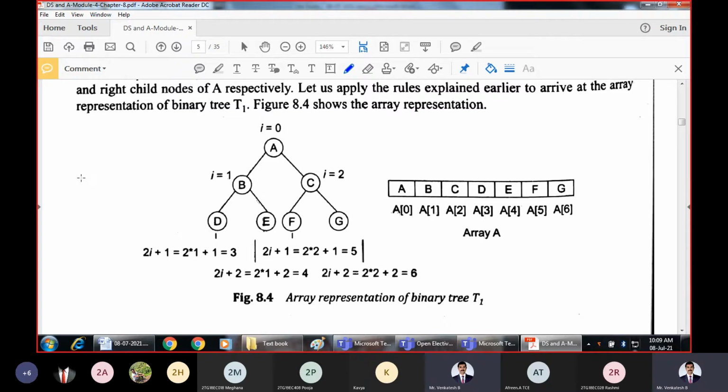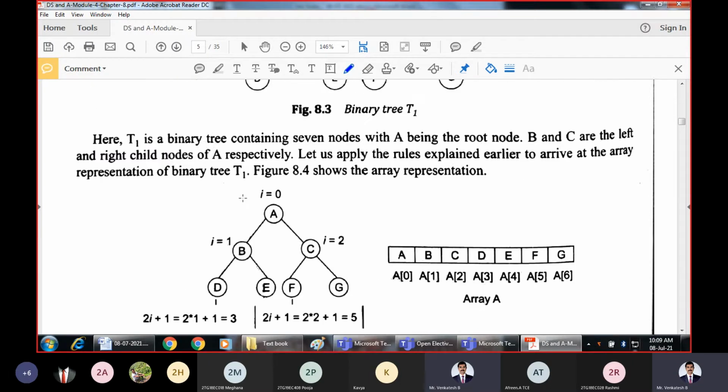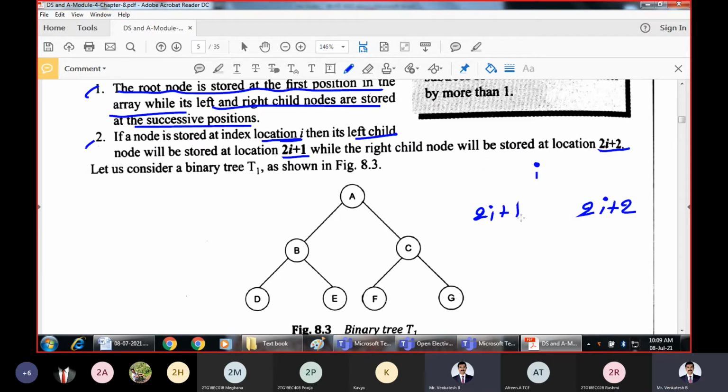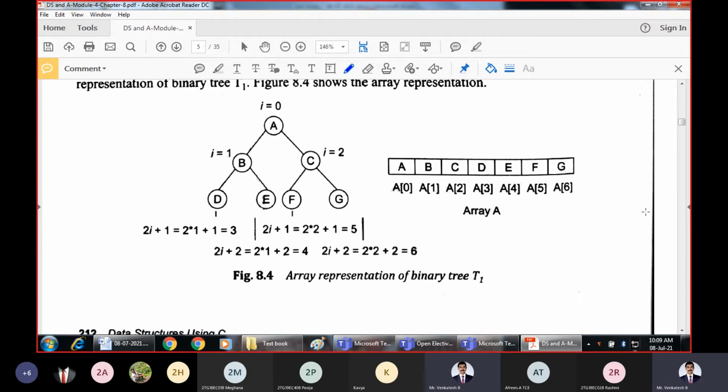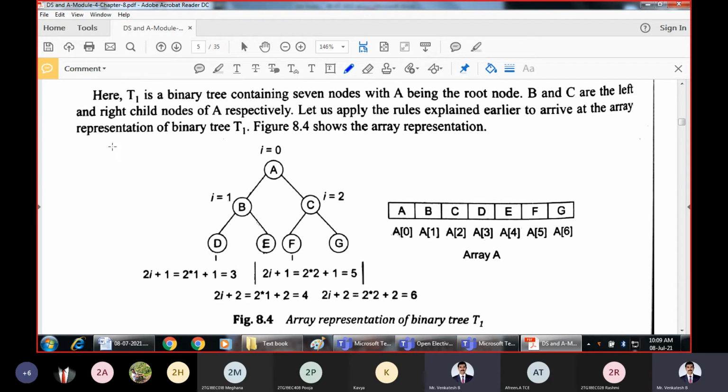These are the possible index values as per this formula: i, 2i plus 1 and 2i plus 2. That means the root node will always be at index i, the left child at 2i plus 1, and the right child at 2i plus 2.